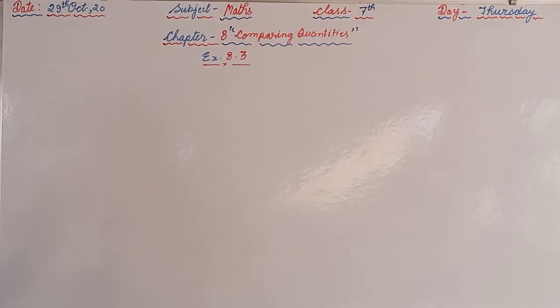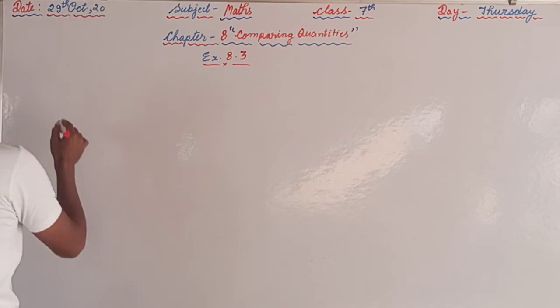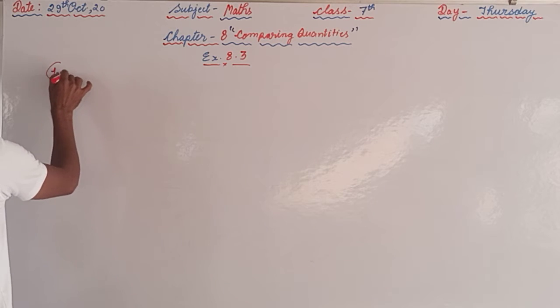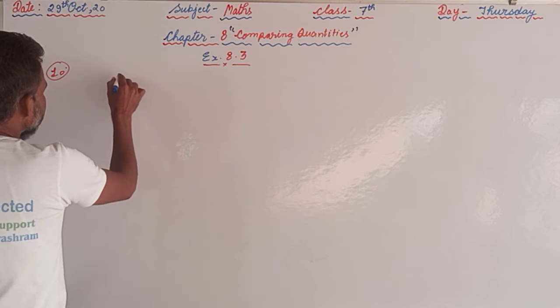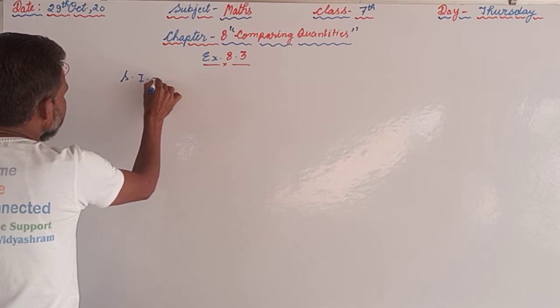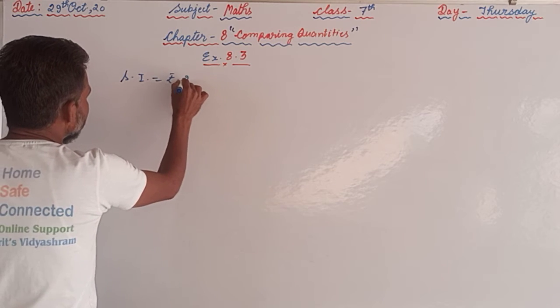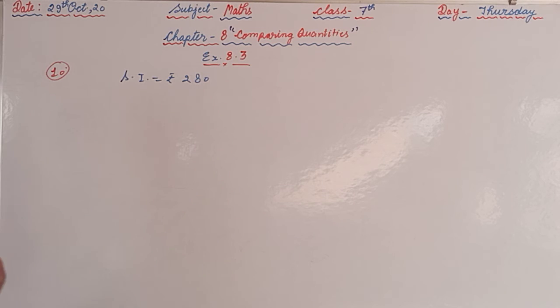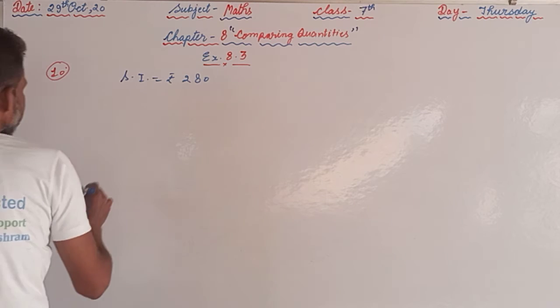For that, first of all, we should read question number 10. What rate gives rupees 280 as interest on a sum of rupees 56,000 in 2 years? So here the interest is given and compound interest is not mentioned, so that means it is simple interest. Simple interest is rupees 280